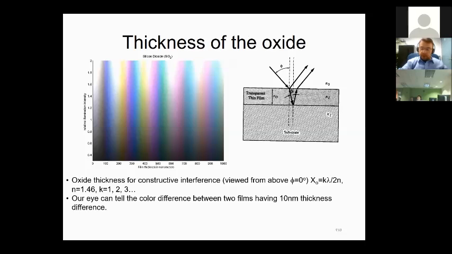That's the most important thing, the thickness of the oxide. So we have air here, we have the underlying substrate. Believe it or not, even your eye can give you an estimation roughly. You can understand the difference between the two layers if as small as 10 nanometers. So giving you an example, if your oxide was 400 nanometers, and if you grew a little more and made it 410 nanometers, you can kind of start understanding the difference based on the color change of your oxide on